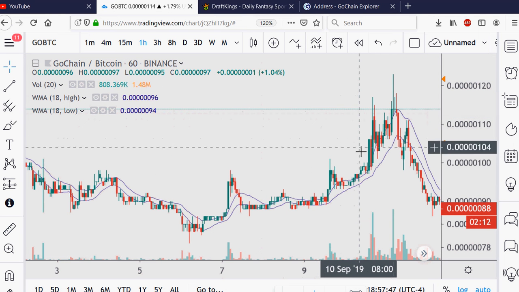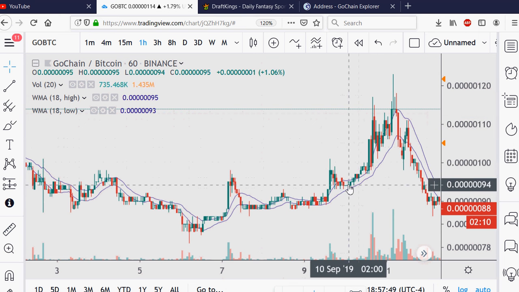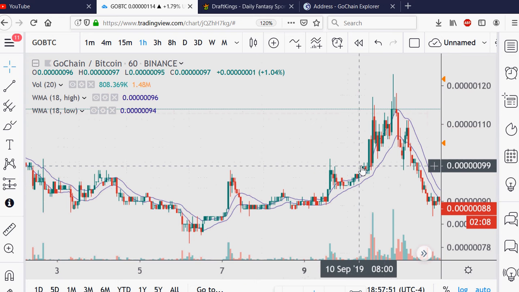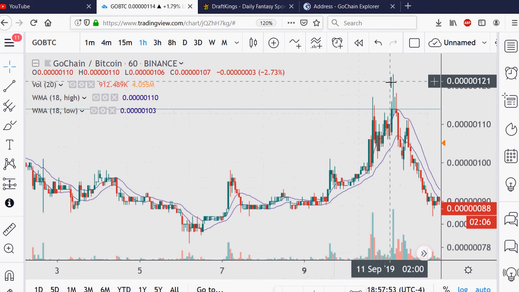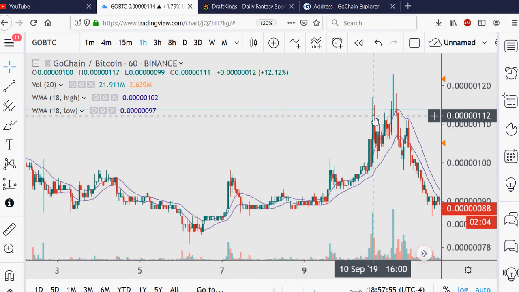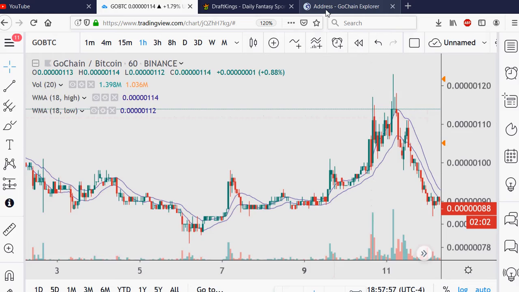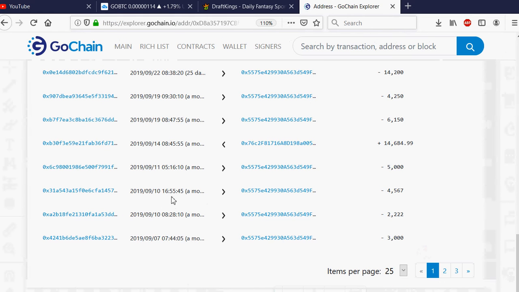And we can see here that it was up, but it was up from in here. So again, I did it like 8 o'clock as it went up. It went up again. We can see it went up at 1600 hours September 10th. Is there any communication to that? Well, 1600 hours September 10th. Yeah, there is. And then again, September the 11th at